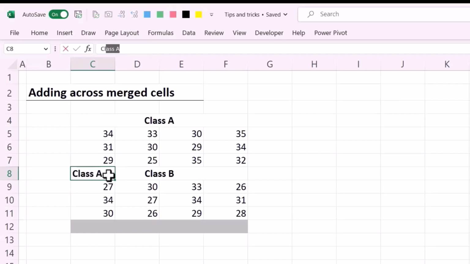So let's assume it's class C. I've been able to effect the change. Okay, so let me just undo. So if you want to make any changes, you do it in the first cell. That's when you use the Ctrl 1 approach. So the difference or the impact this is making is that we will be able to now add across